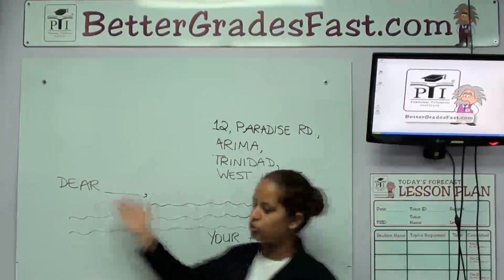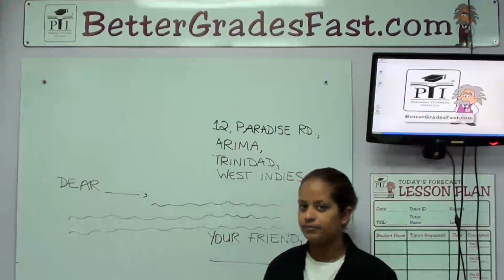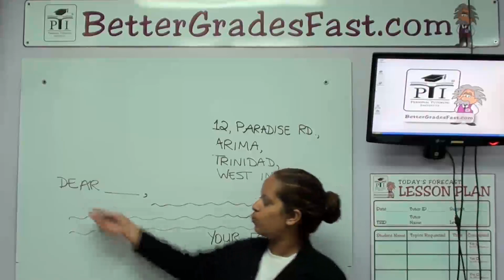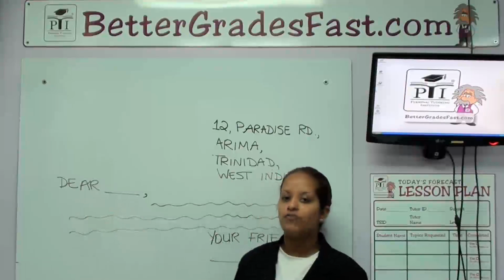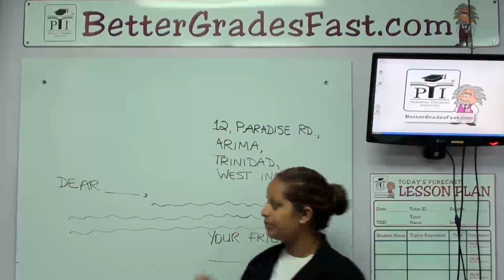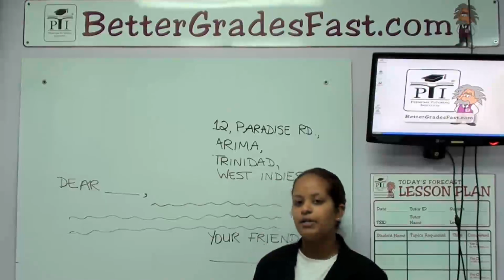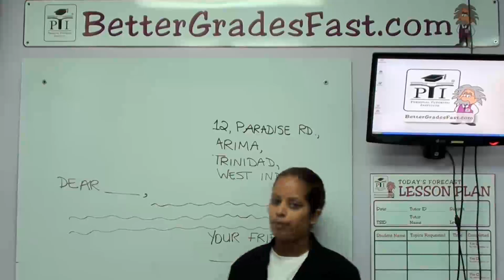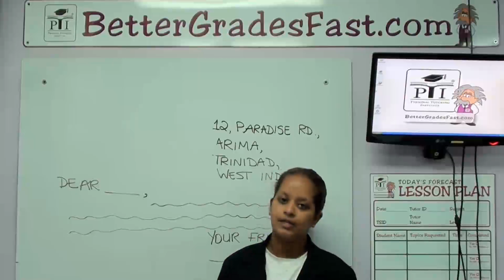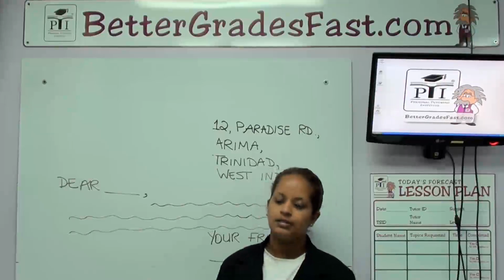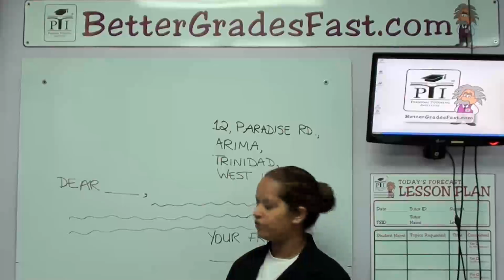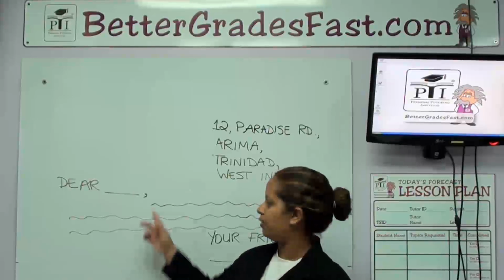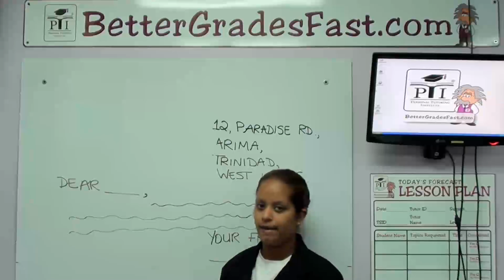The next step you need to do is your greeting or salutation. For a friendly letter, your greeting or salutation is the word dear and the person's first name. You simply need to put the person's first name because you know them personally. Therefore, a first name basis would be appropriate. So you may say, Dear Alexis, Dear Jenny. Whoever you are writing to, you put their first name. After that, however, remember that a comma is needed.